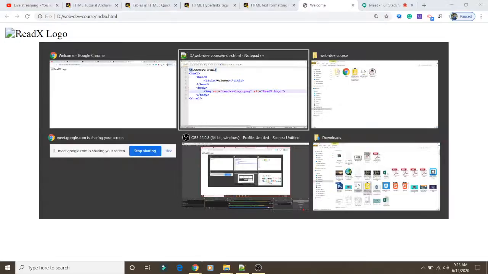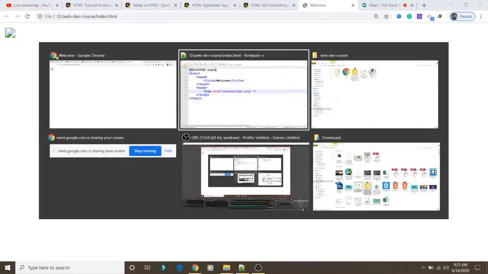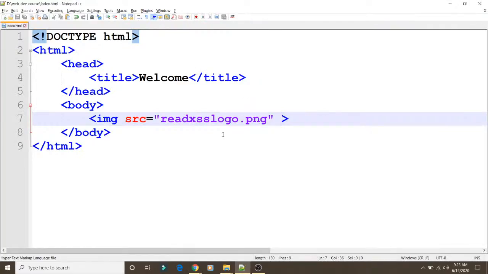If you do not mention anything over here, if you remove the alt attribute and save the code, you can see the image is not loading, and it's unable to tell what kind of image was there, what it is related to. So we need to mention this alt attribute, so that whenever the image does not load properly, this text will be there. Okay, so in this way you can mention it.